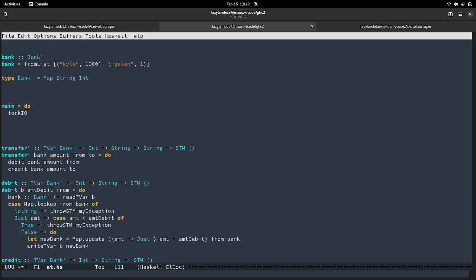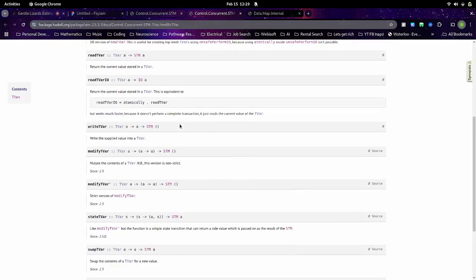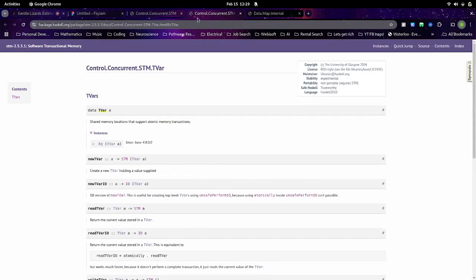Sorry, does it lock the value again? Does this function, because I'm still a little new to STM, work similarly to a semaphore, in the sense that you're locking the variable while you're using it? Yeah. Is it between the time that you read and the time that you write, or how does that work?